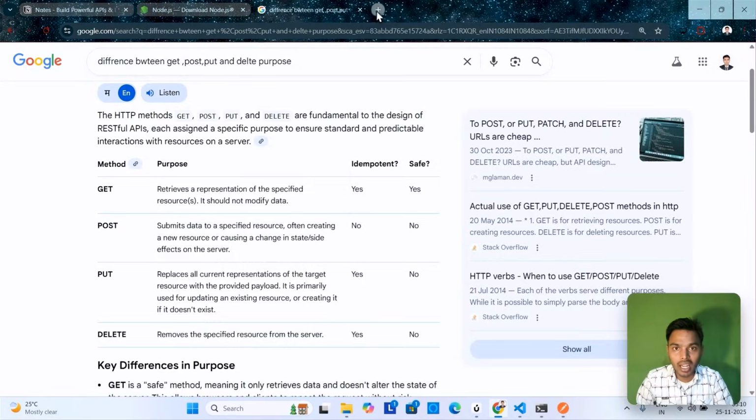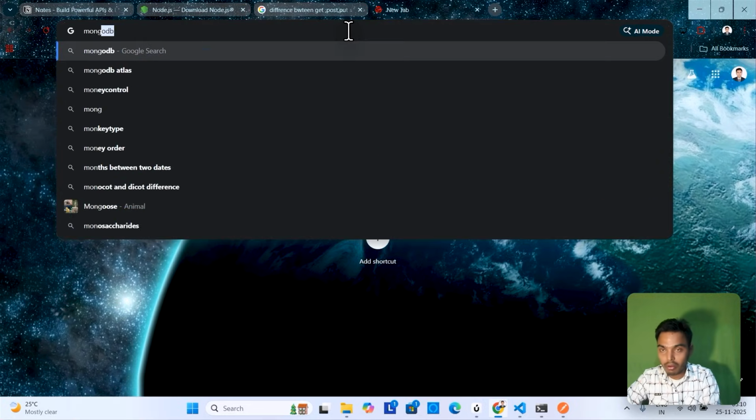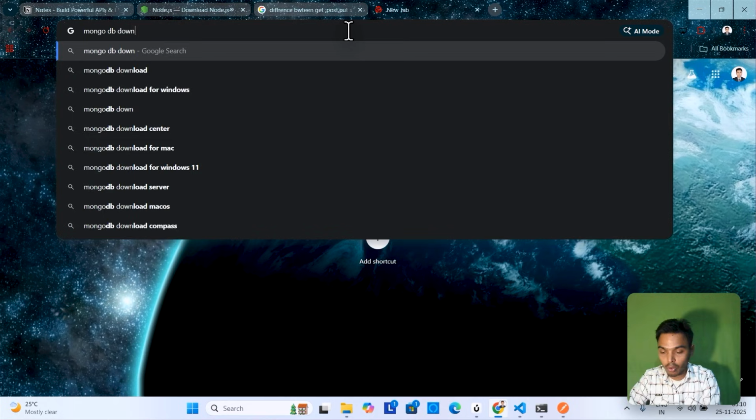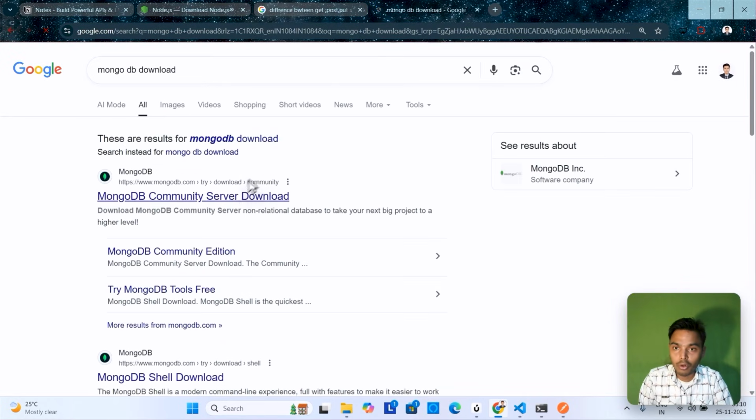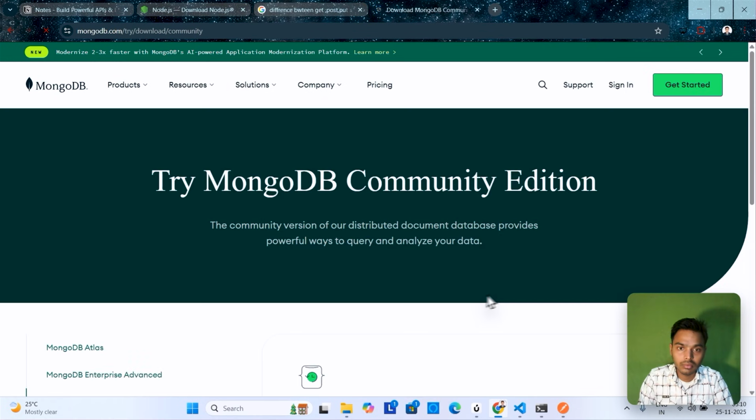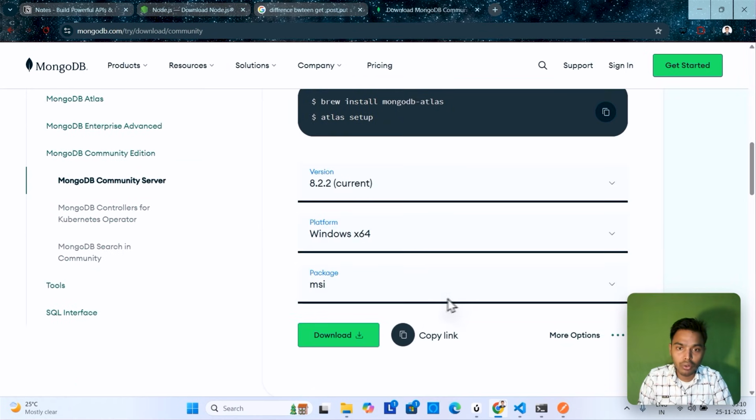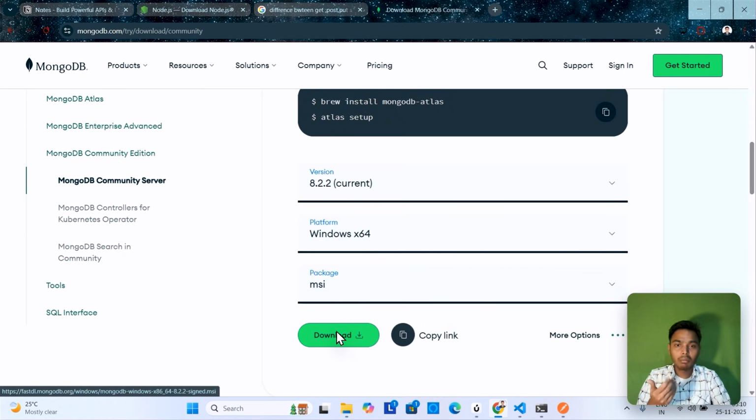Go to the browser and write here MongoDB download. Okay, MongoDB download. Go to this MongoDB community server download and simply download it and install it. Okay, after downloading and installing, you can see this